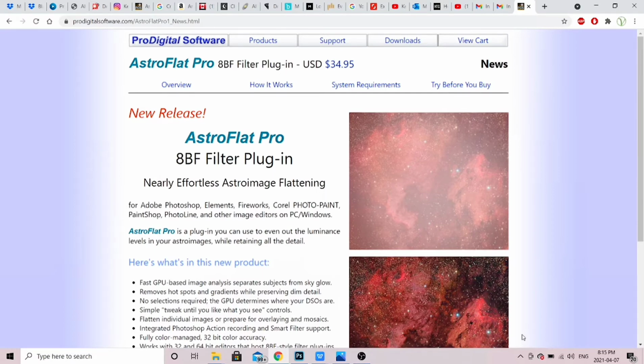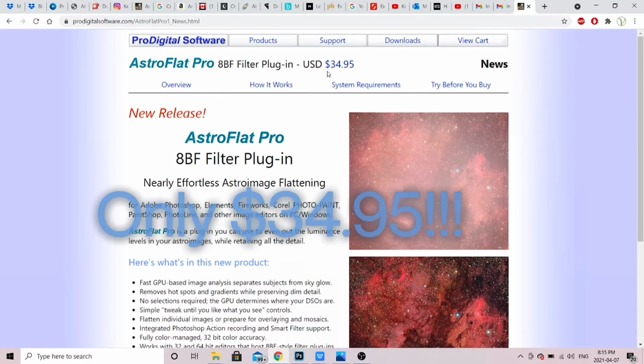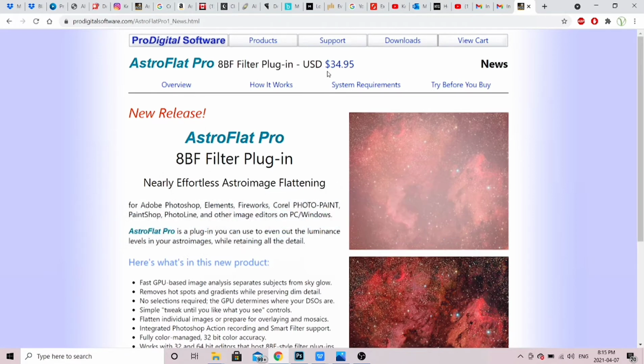And I wanted to just show a few examples of ways that you can use it using a few different targets. So we'll take a look at a couple galaxy images and how it works for that, and then an emission nebula as well. And you can see the effects that it has. You can see it's reasonably priced, $35 US. And that's a one-time fee, and you're able to use it as a full-on extension in Photoshop, and of course use it as many times as you like. So reasonably priced, cheaper than Gradient Exterminator, and I think you're going to find it's very effective. So let's just shoot on over to Photoshop,